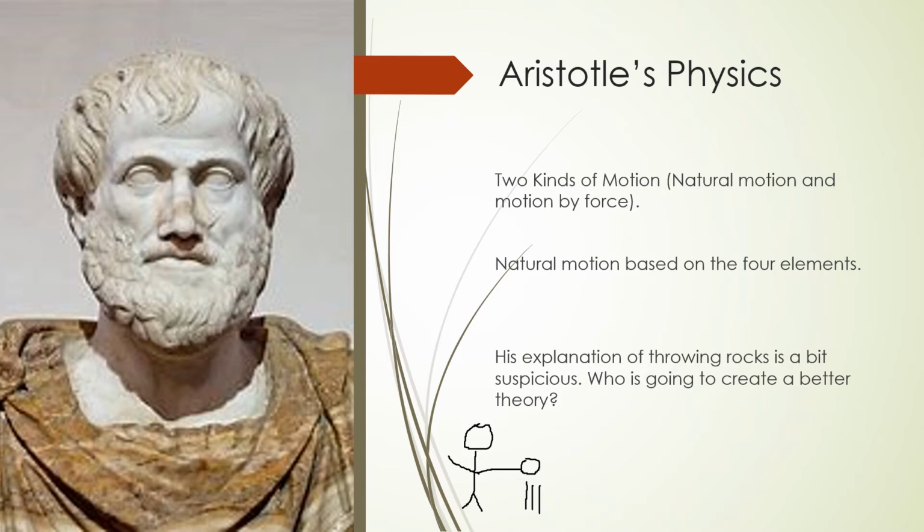But his explanation of throwing rocks is a little different, because here's the problem with this theory. His idea is as soon as you let go, as soon as you stop moving it by force, it's going to return to its natural place, right? Well, let me show you what happens if you throw a rock. It follows a path like this. So let's say he throws it now. It goes something like this, right? This little arc, this parabola, is the pathway something takes when you throw it, right? Or if you kick something or whatever.